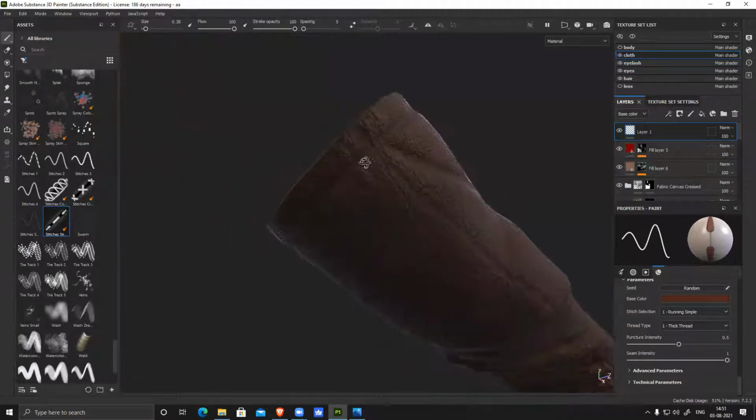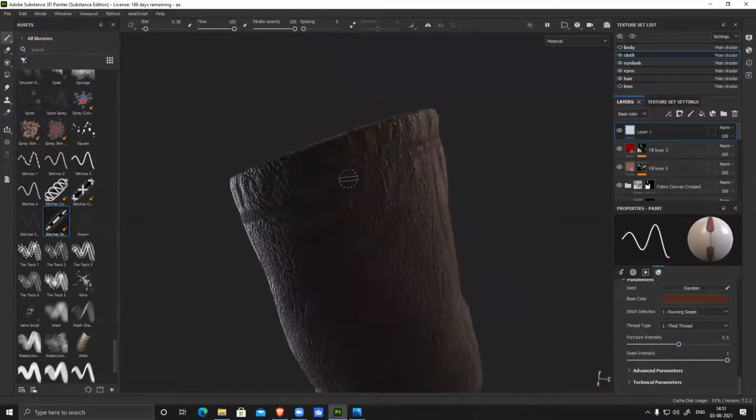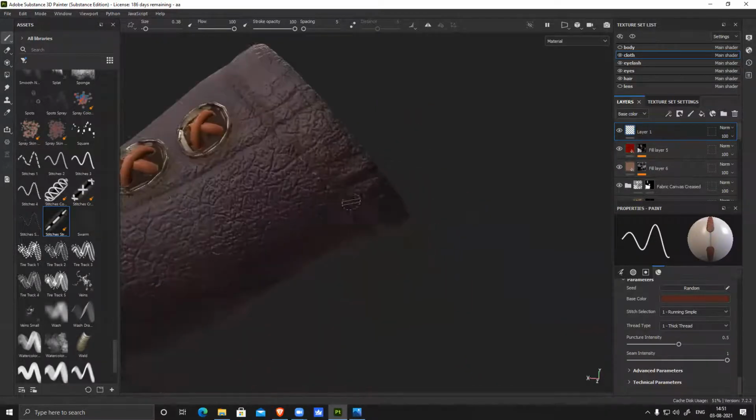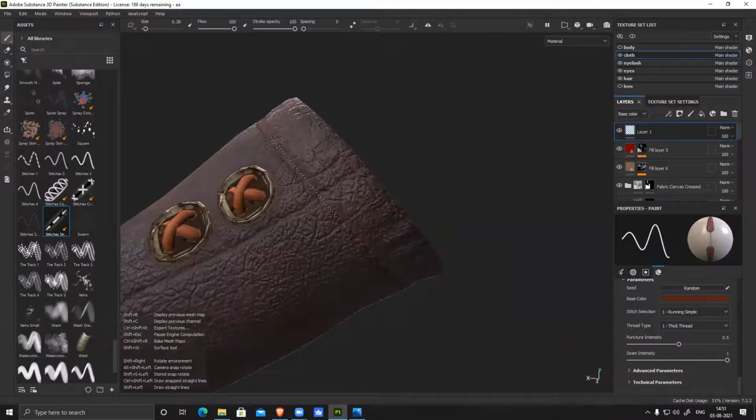Let's hide the body. Let's create this first. But you can see it's blending with the base texture.